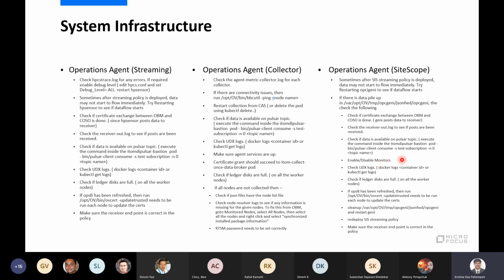If you enable or disable them later, then we need to redeploy the streaming policy and verify on the SiteScope side. These are the different source level debugging steps, from the source to the raw tables.